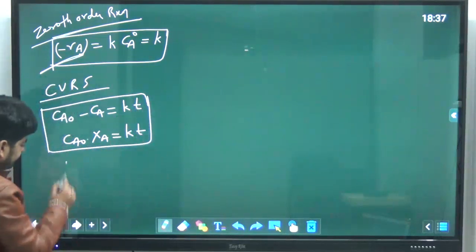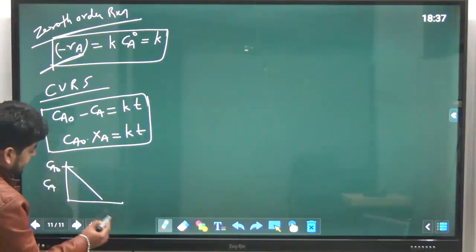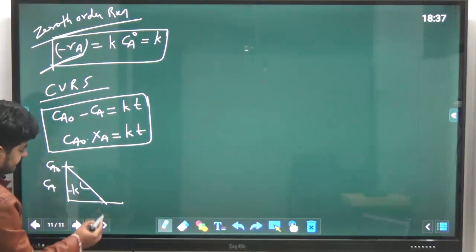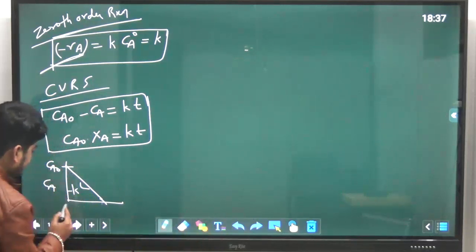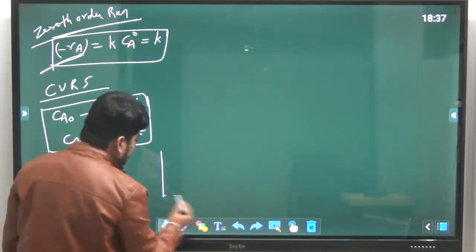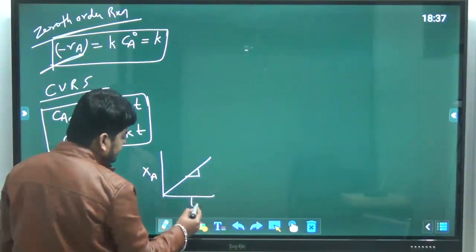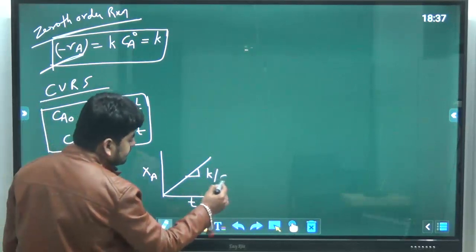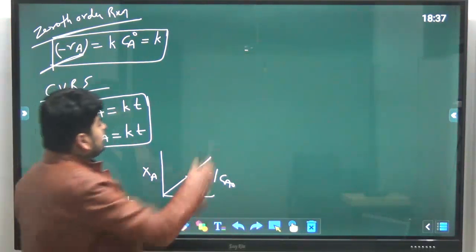And if you plot them, at t equal to 0 it is Ca naught, and it will decrease linearly with the slope minus K. And for conversion, the curve will be a linear curve between Xa versus T, and the slope will be K upon Ca naught. While for VVRS,